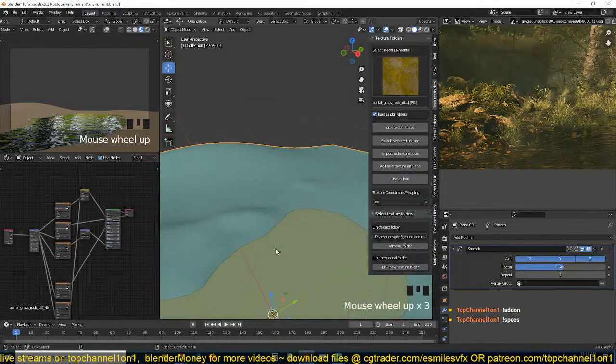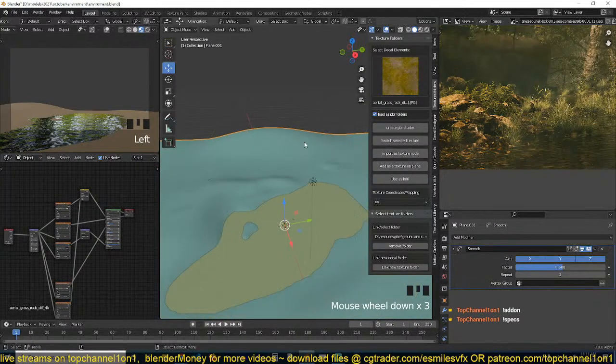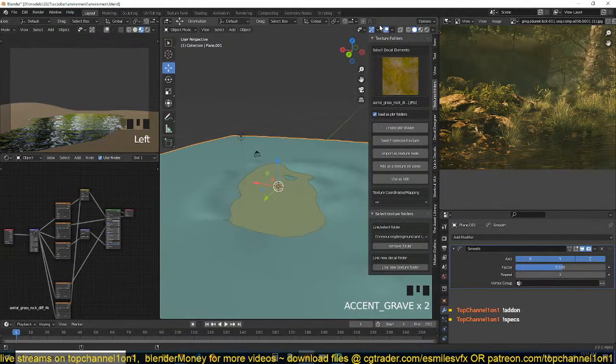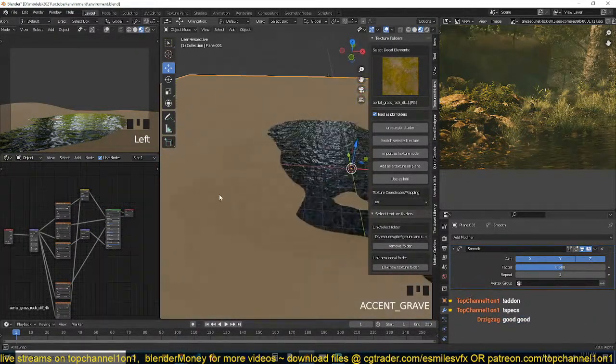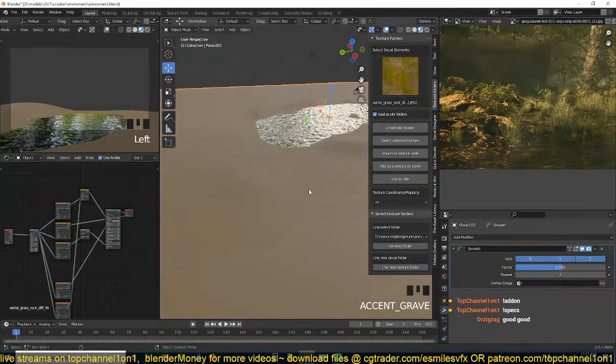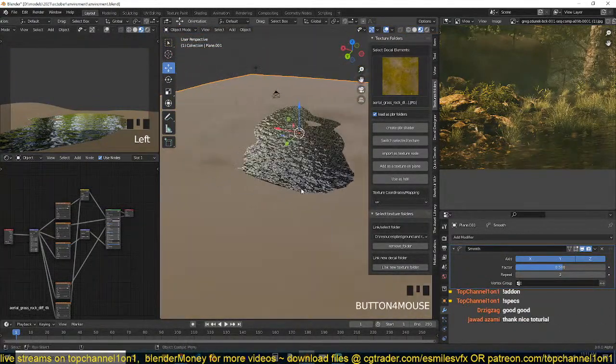Okay, so the PBR material has been set up, but we haven't UV unwrapped this material, this surface. That's why it's a single solid color like this. Now to change this into,